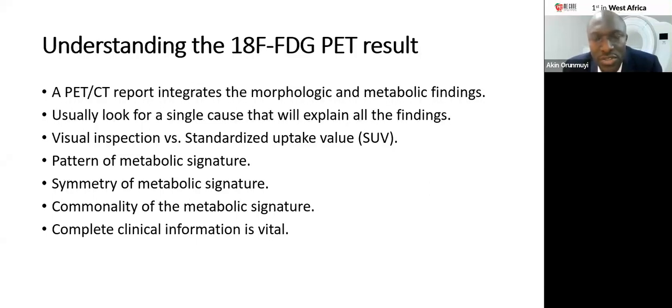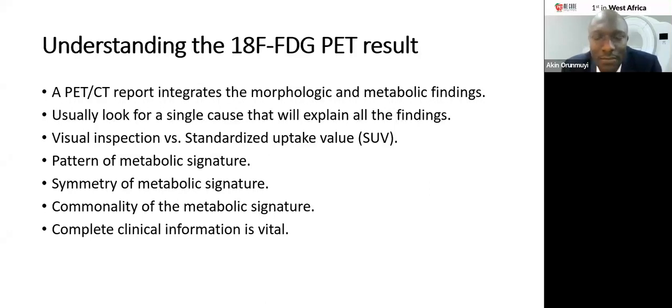From the reporting doctor's side, we usually try to look for a single cause that explains all the findings. So most times we might offer a new diagnosis. In fact, most times PET offers a new diagnosis that was unknown previously. It's easy to just eyeball it from an expert's point of view. Dr. Sahin has done over 20,000 scans. So I'm sure if he wakes up in his sleep, he can see PET CT scans and give you a